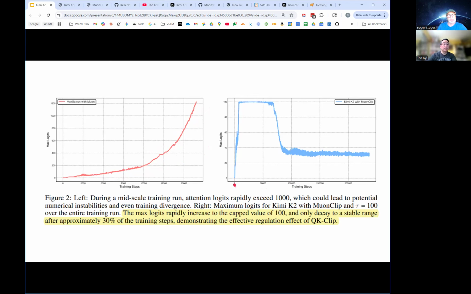So it's kind of interesting. In the beginning, it's growing, growing, growing. I don't know if the scales are, no, the scales are different. This is 100, this is 1200. So growing, growing, growing. They clip it at 100, and so now they're keeping those scales down. And eventually the system starts to come down from that. My guess is it's that weight decay term that is then pulling that back down to a smaller value, and it levels out. So that's the rationale and the results of their Muon clip. Any other questions on that?